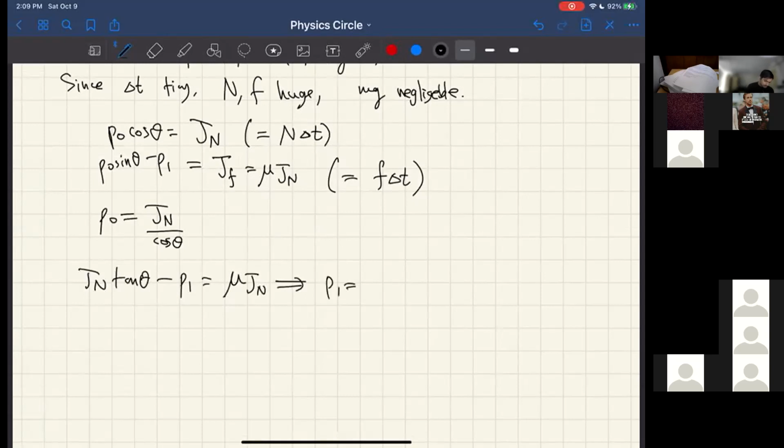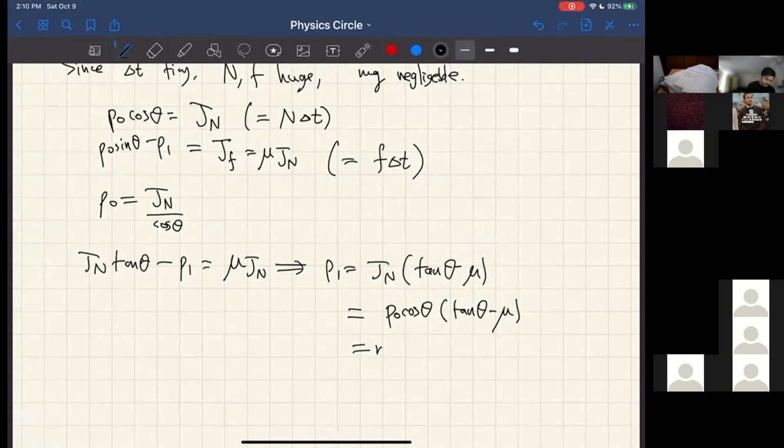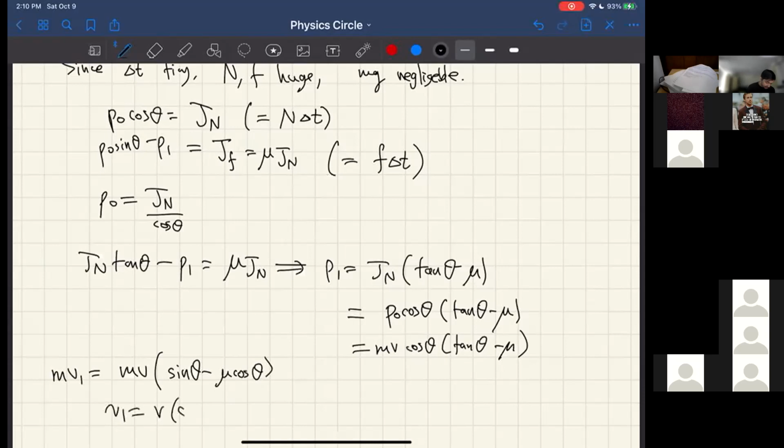This implies that P1 is equal to Jn tan theta minus mu, which means that P0 was equal to mv. So the final velocity, if I say mv1 equals mv, I'll write this as sine theta minus mu cos theta. So the final velocity is